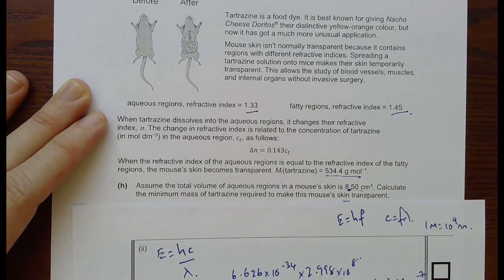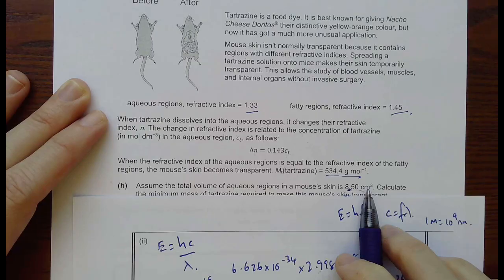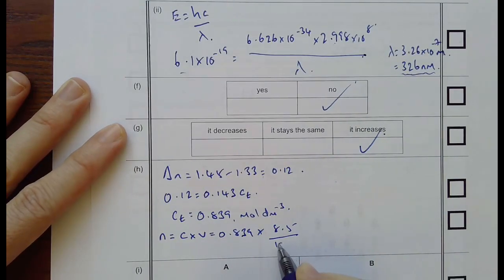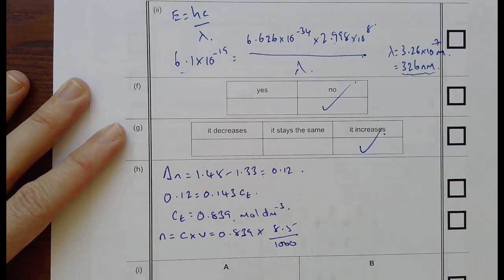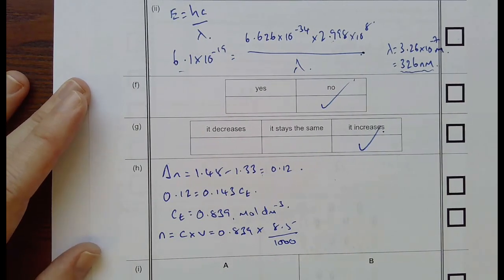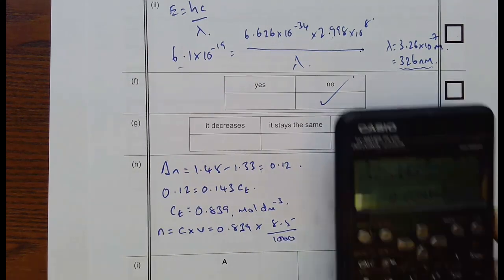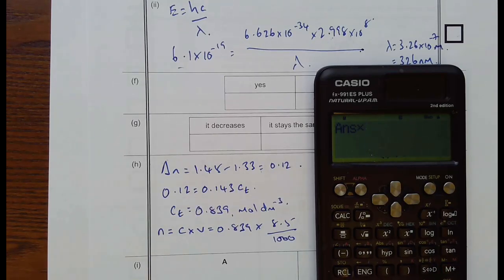Now that is in centimeters cubed, whereas my concentration is in decimeters cubed. So it's just a standard divide by 1,000. And that's the second volume unit conversion that we've had to do in this year's paper. And both of them very straightforward. Really not anything tricky at all. So I'm going to multiply that by 8.5 divided by 1,000, which gives me